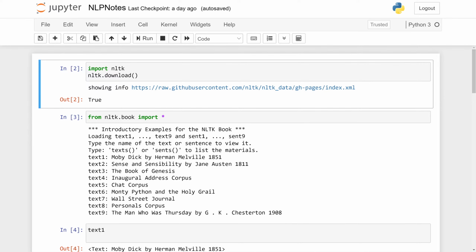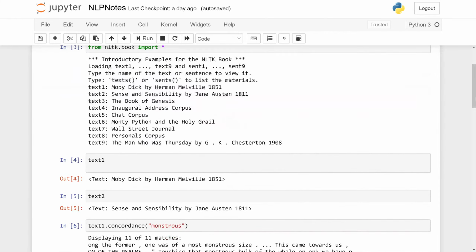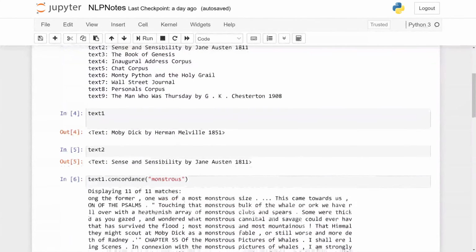Now, what's interesting is that I didn't even realize all the different books, but we got the Wall Street Journal, Monty Python. What about that book of Genesis, right? And so text 3 is the entire book of Genesis. And so I guess one thing we could do